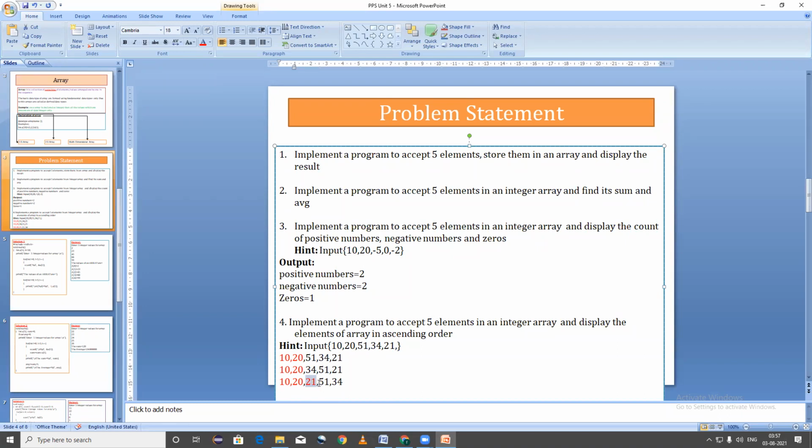Now pointer will move to next 51. Now 51 is going to compare with 34 because 51 is the value of I variable and 34 that means I plus 1 the value of J variable. So ज्यावेळेस इथं कंपॅरिझन होईल 51 आणि 34 चं, सो 51 इज ग्रेटर. जर 51 ग्रेटर असेल तर काय होईल? त्या नंबरचं स्वॅपिंग, बरोबर का?